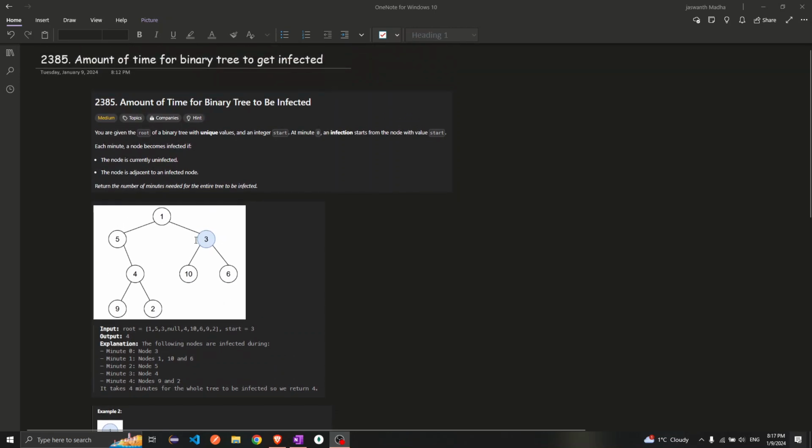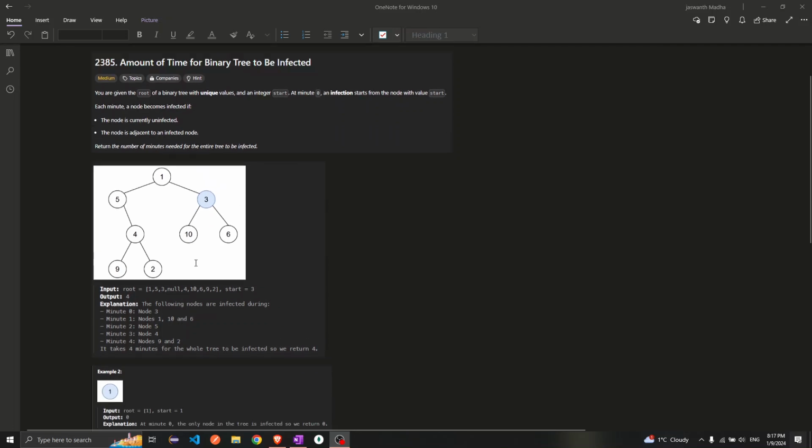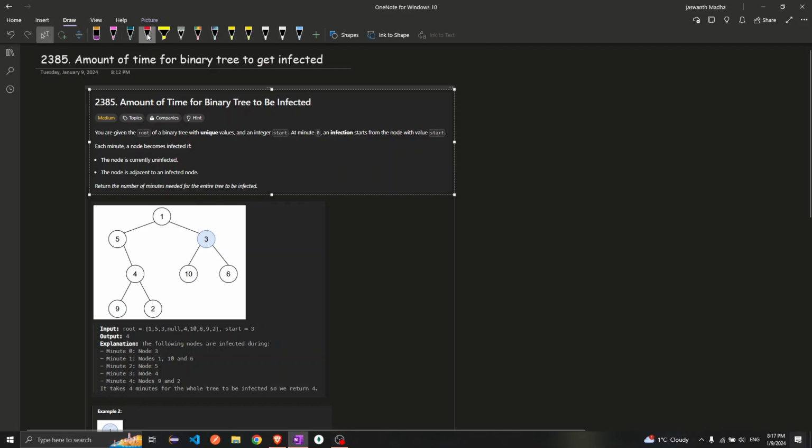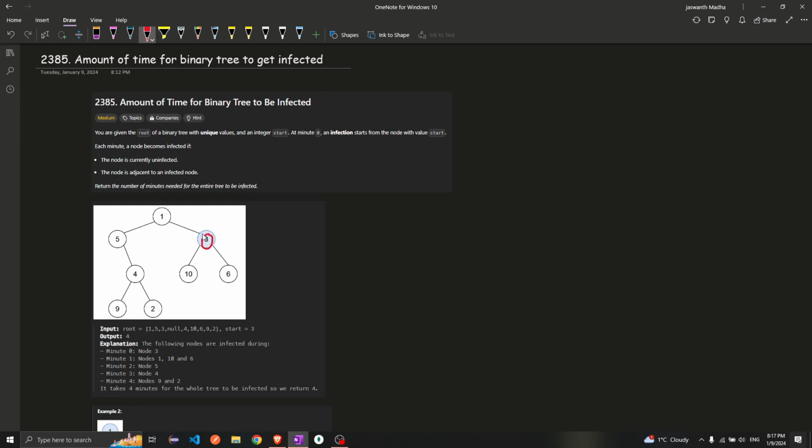This question is easy to understand, but the solution is very difficult. Okay, let's try to understand the question first. Initially, there is one node which is infected by some sort of coronavirus. Let's assume this three got affected by a virus, and then what the question is stating is, for every minute at minute